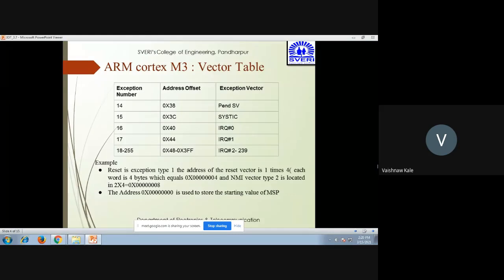So the address 0x00000000 is used to store the starting value of MSP.